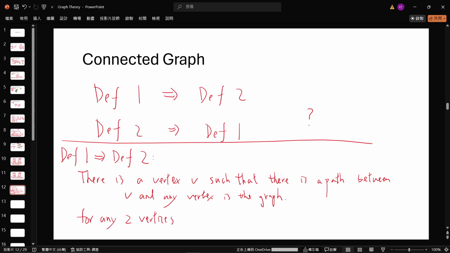Say we call this any two vertices A and B, okay? Okay, so the goal, or your goal, is to show that there must be a path between A and B in the graph. So how to do this? There's the path from A to V and another path from V to B. Yes, so